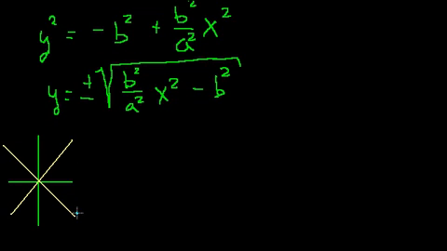It's going to look something like this, where as we approach infinity, we get closer and closer to this line and closer to that line. And here, it's either going to look like that. I didn't draw it perfectly. It never touches the asymptote. It just gets closer and closer, arbitrarily close to the asymptote. It's either going to look like that, where it opens up to the right and the left, or our hyperbola is going to open up